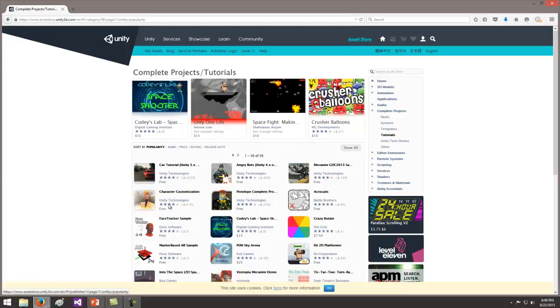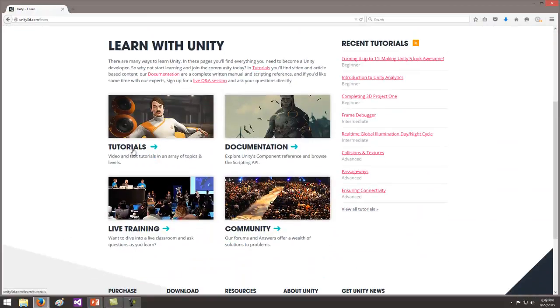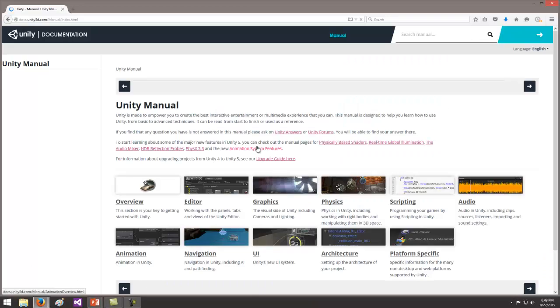There's a character customization that's free. So there's a lot of these free things that are in Unity. And then the other stuff, $15, $10, the assets are relatively cheaper. If you jump over to Unreal, they seem to be more expensive. But maybe that's just me. I don't know. But you can also go to Learn, and then there's tutorials, tons of documentation.